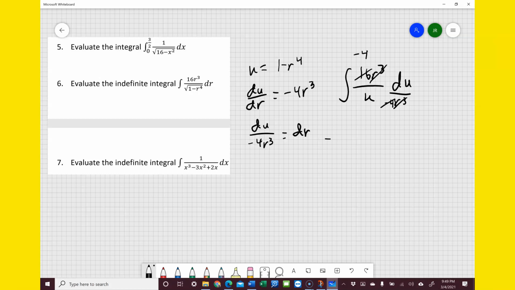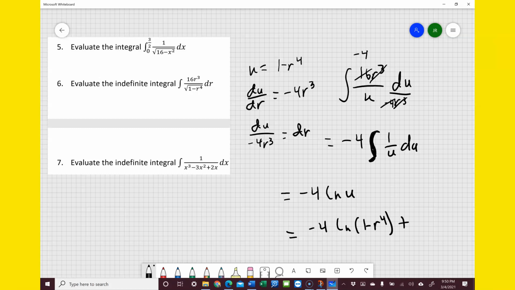So now I can simplify this integral to negative 4 times the integral of 1 over u du. And the integral of 1 over u is one of our special integrals. Look on your integral sheet, and it is ln of u. So this then becomes negative 4 ln u, where now I substitute back in for u, and it becomes negative 4 ln of 1 minus r to the 4th